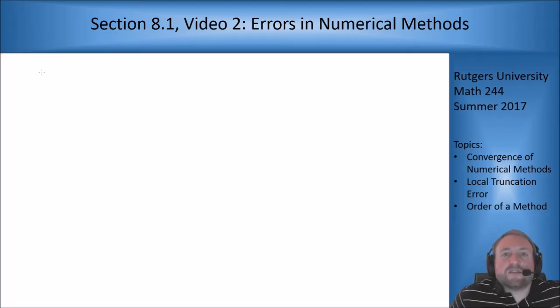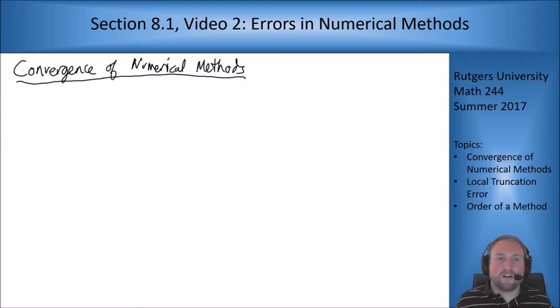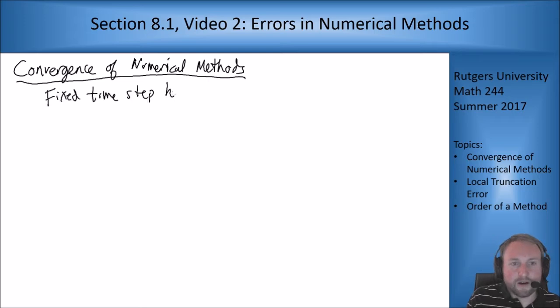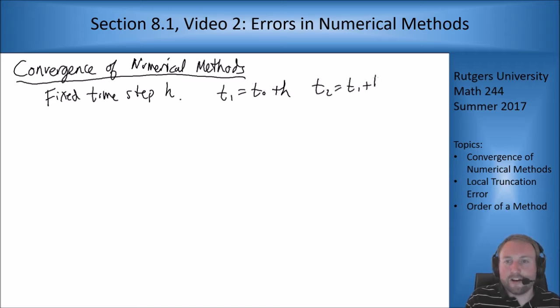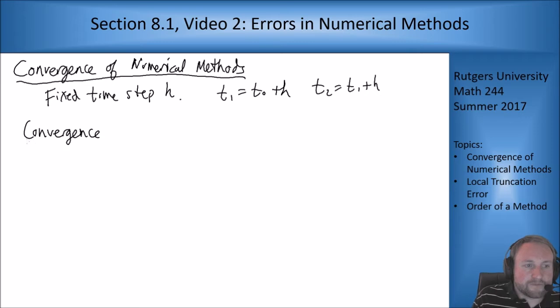So the first thing you really have to talk about when we're talking about numerical methods is, do they converge? For the stuff we're talking about in this section, we're going to consider a fixed uniform time step of size h. So that means t1 is going to be t0 plus h, t2 is going to be t1 plus h. They're all going to be the same step size apart, just to make things easier to work with for the methods. So convergence asks the question,